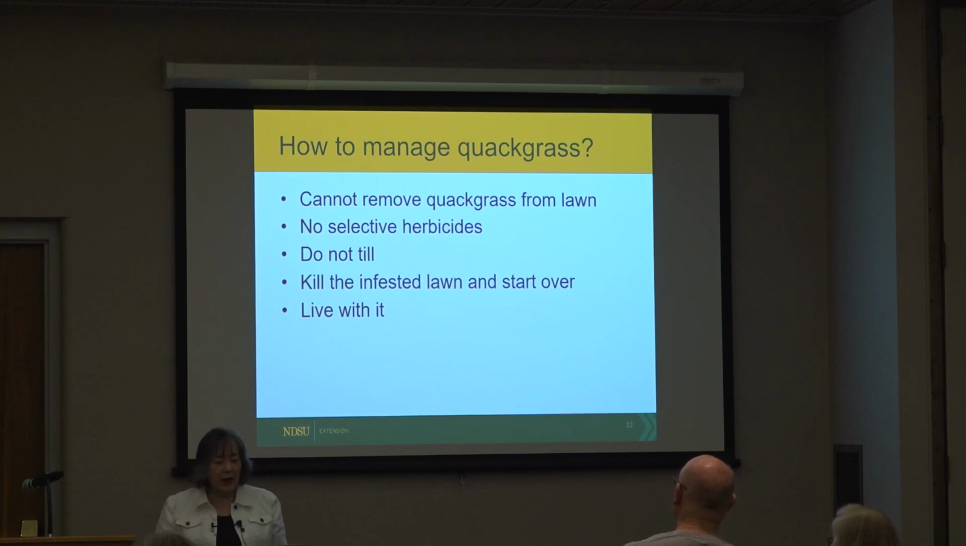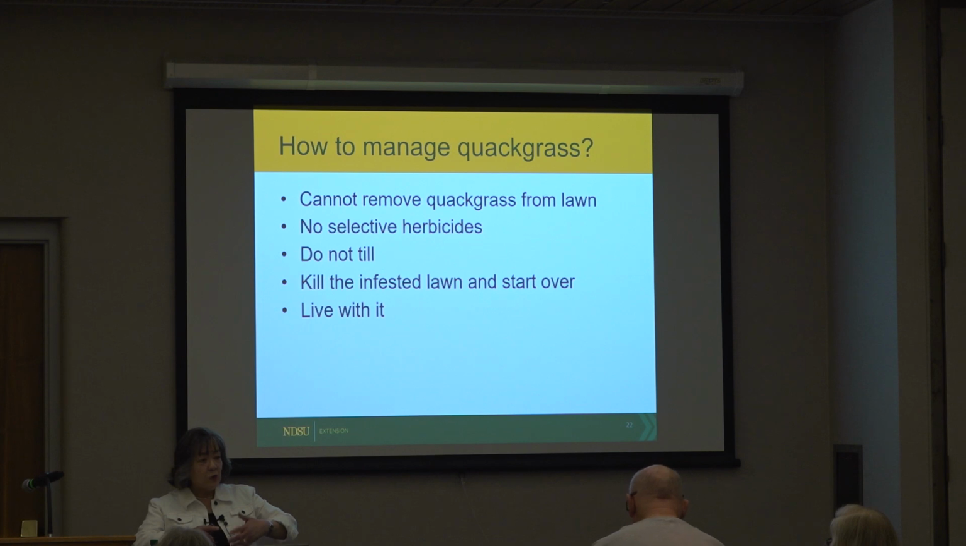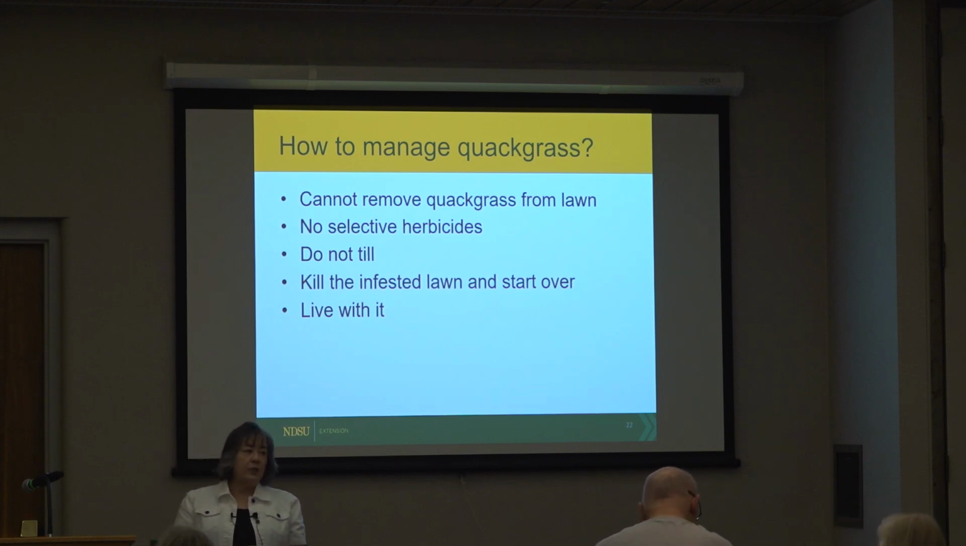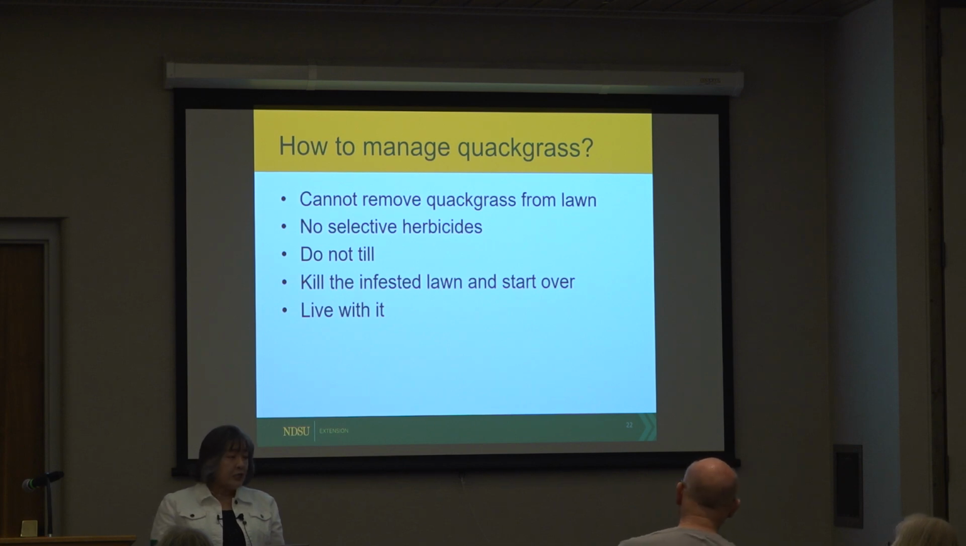When it comes to quackgrass, we have fewer options. First thing is we don't want to till it up. When you've got rhizomes, if you till it up, each piece that's tilled up will then send up its own shoots, and that's going to make the problem worse. If you've got a really serious quackgrass patch in your lawn, the best thing you can do, if it's bothering you, is to just kill that section of your lawn, use a non-selective herbicide like glyphosate, take it out,